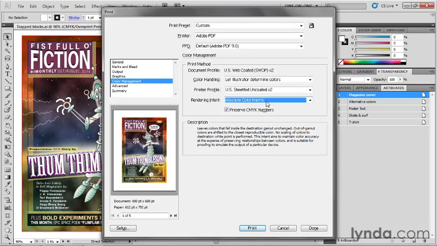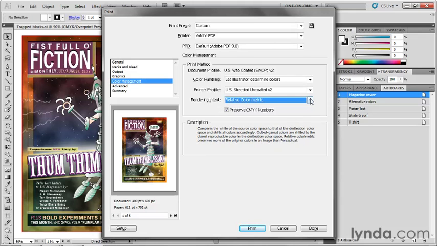Absolute colorimetric is going to do its best to find the nearest equivalent CMYK color, whether that color is in gamut or not. In other words, whether it's a reproducible color. So you can request colors in RGB, that is in these RGB background images, that are not actually reproducible in CMYK. But Absolute will do its best to find the nearest color equivalent. However, what that means is a lot of colors can get clipped. So you could end up where you have super saturated orange areas, for example. Those could end up flattening out. So you have a large area that's a single color, which is why something like relative colorimetric is so much better, because Illustrator actually goes ahead and tries to keep all the colors in gamut and then find the